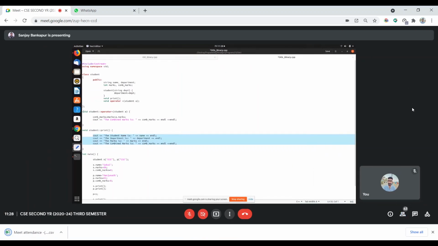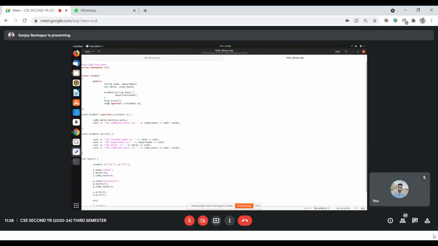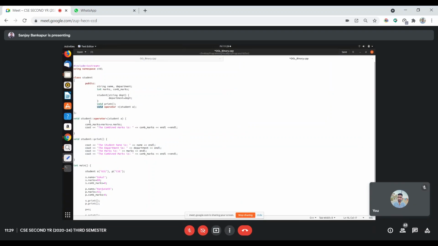Now coming to the student, it's not returning anything. That's why it is void. So combined marks equal to marks plus a.marks. A is the second operand object. That particular marks will be read, and the first operand marks are taken from the respective attribute, this itself.